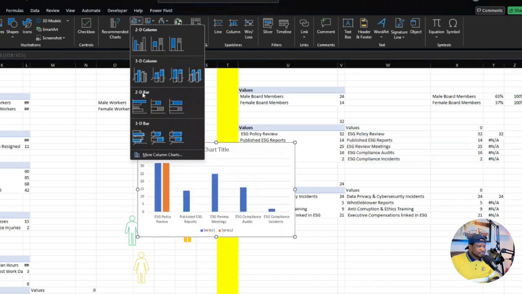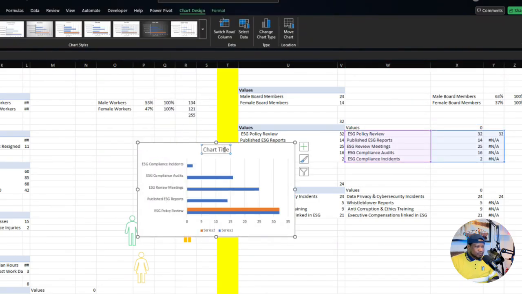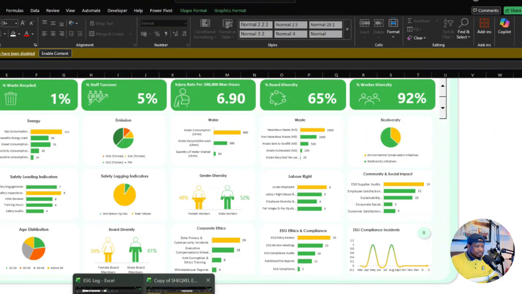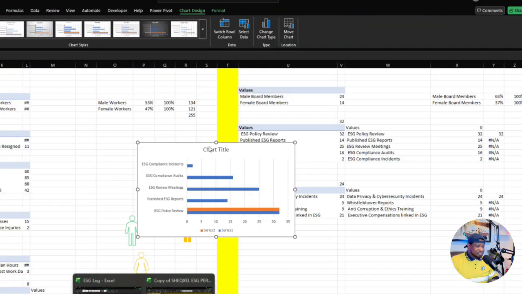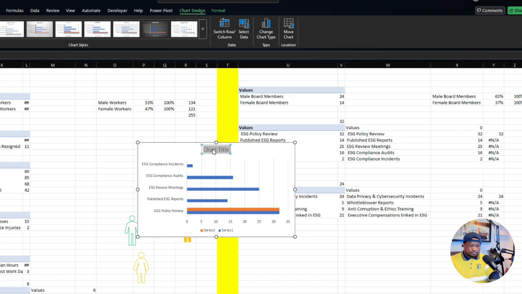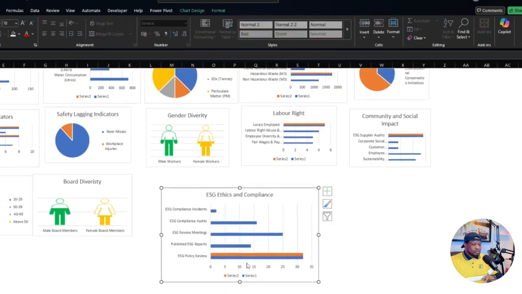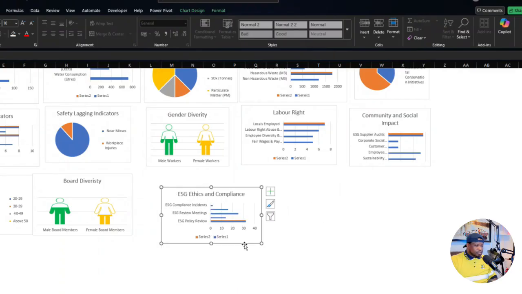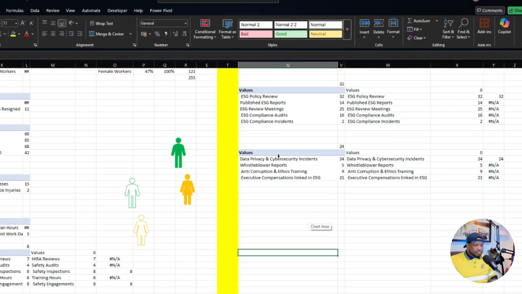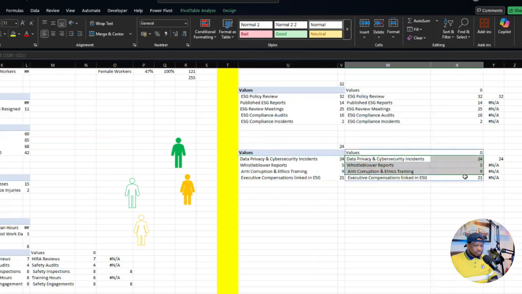Okay, we go to insert, and they come here, and this one is for, what is it called? Ethics and compliance, ESG ethics and compliance. So this naming of the ESG ethics and compliance, however you want to call it, you can do that. Okay, so the naming is not compulsory. You can always name it however you want to call your chart titles. Okay, so this one is here, and then we go here, and then we basically insert our chart for this